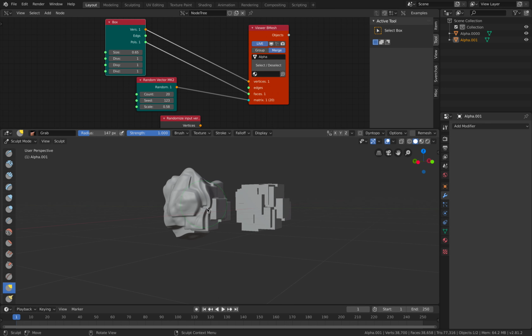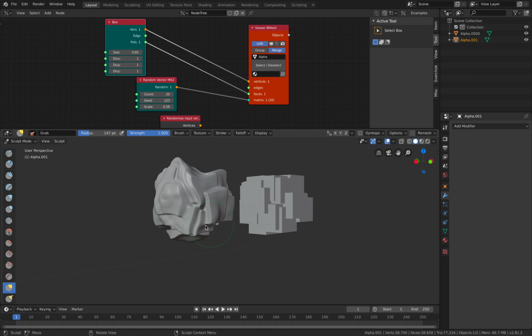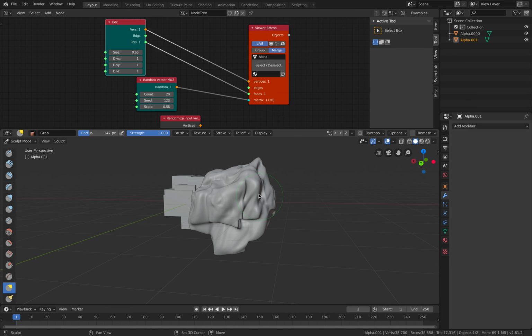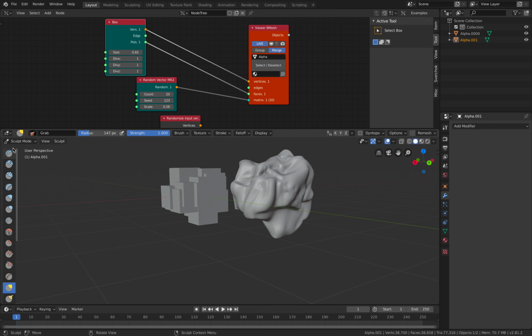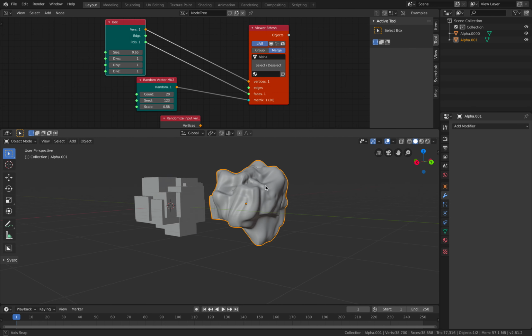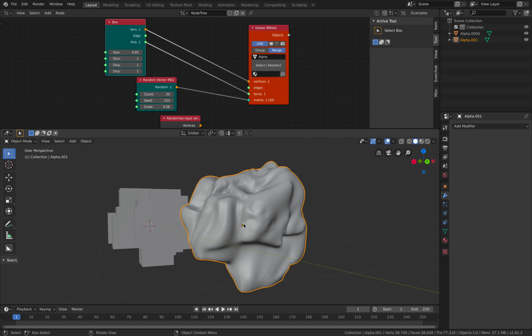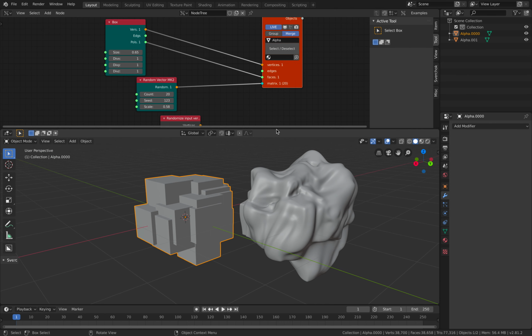It's not easy for me actually. I'm not a sculptor by nature, but I like this idea of blocking and then getting into the shape. And once you're happy with the shape, then you continue sculpting and adding details. So you need to have a good shape first. Like for example, this block